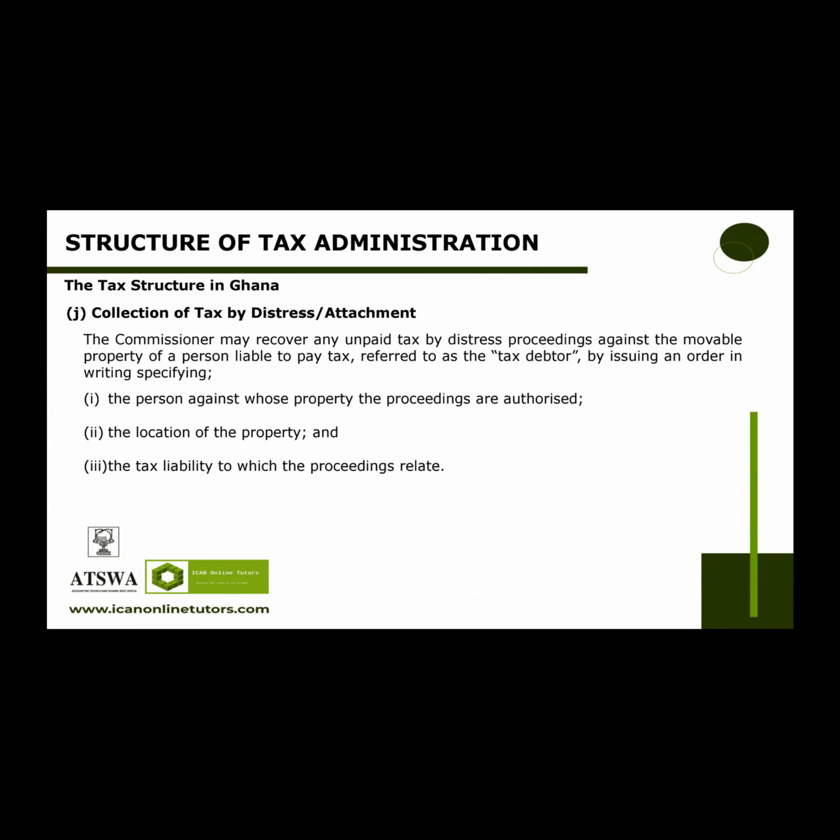Where the property concerned is perishable goods, they shall be kept at the premises where the distress is levied, or the commissioner may determine any other place where they should be kept at the cost of the tax debtor. The goods may be sold after a reasonable period determined by the commissioner, either by auction or any other manner directed by the commissioner. The proceeds of a disposal shall then be applied by the auctioneer or seller towards the cost of taking, keeping, and selling the property distrained upon, then towards the tax due and payable, and the remainder of the proceeds shall be given to the tax debtor.